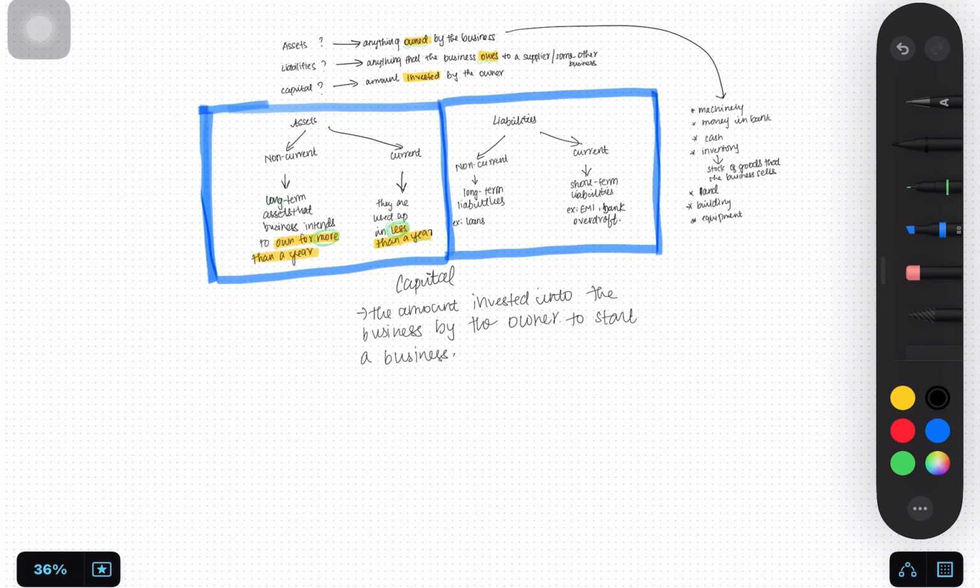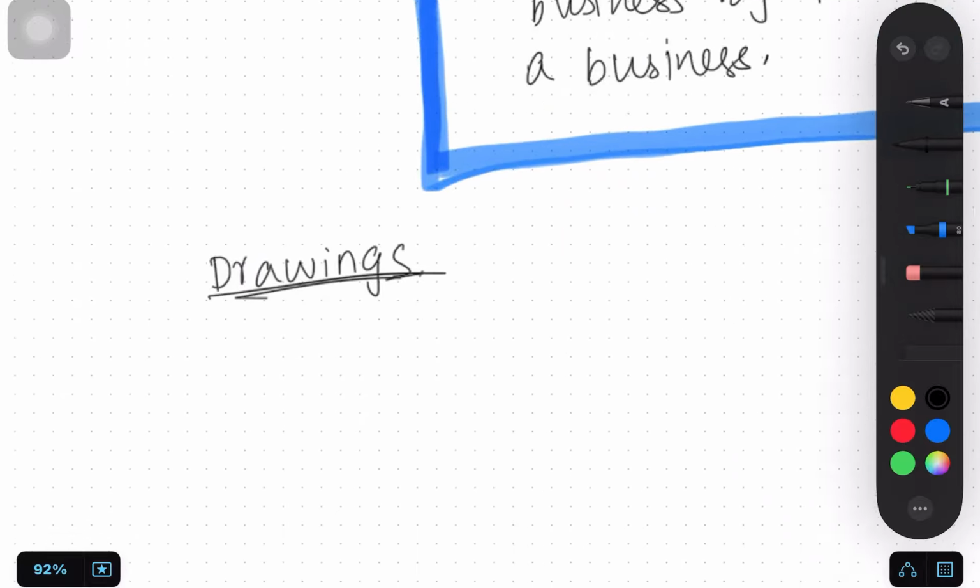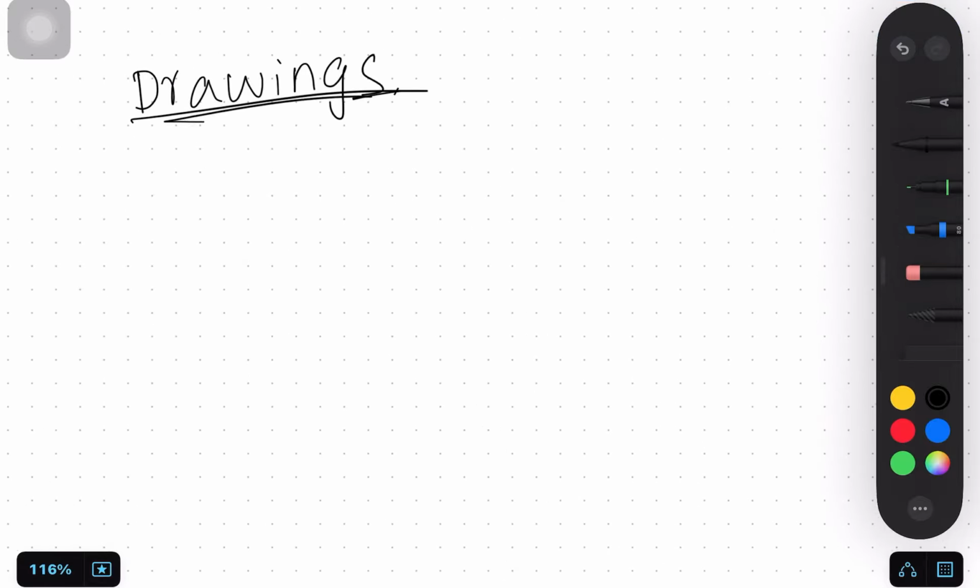So that is it with capital. Capital is very simple. It is just the amount that is invested by the owner into the business. Now we're going to be getting introduced to a term called drawings. So drawings is a very important term in accounting. Drawings refer to